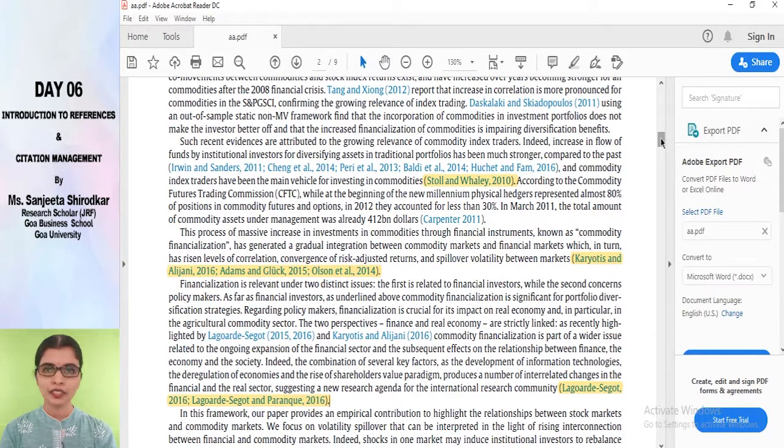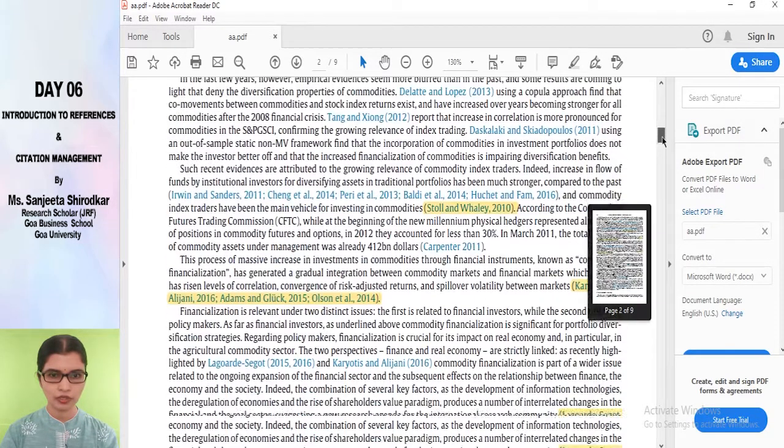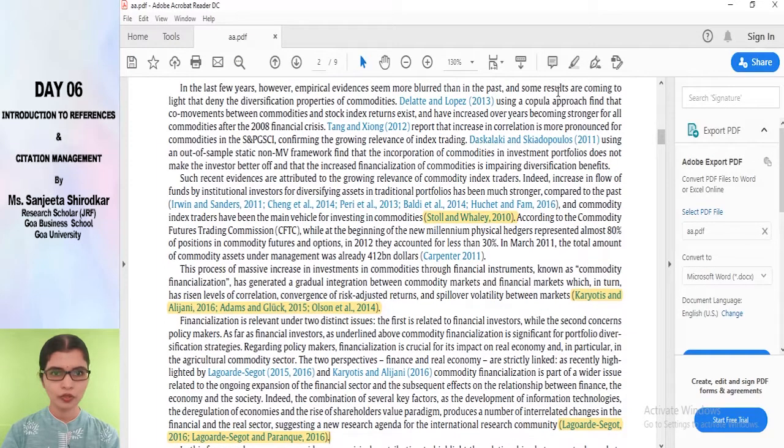Another way is, instead of mentioning the citations at the end of the paragraph, the sentence itself starts with the name of the author. Let us see those ways also. Let me highlight this first for you.